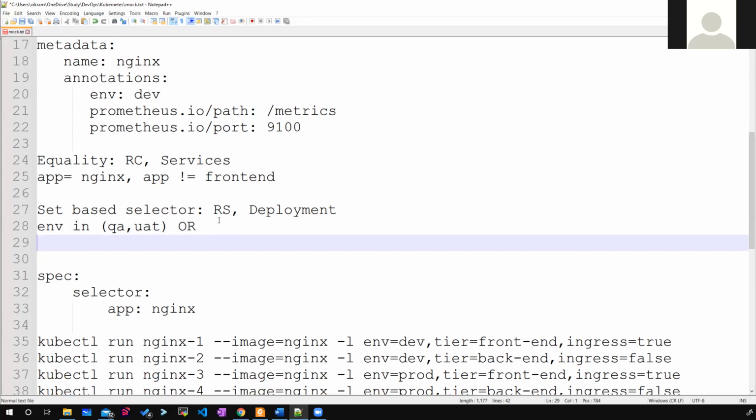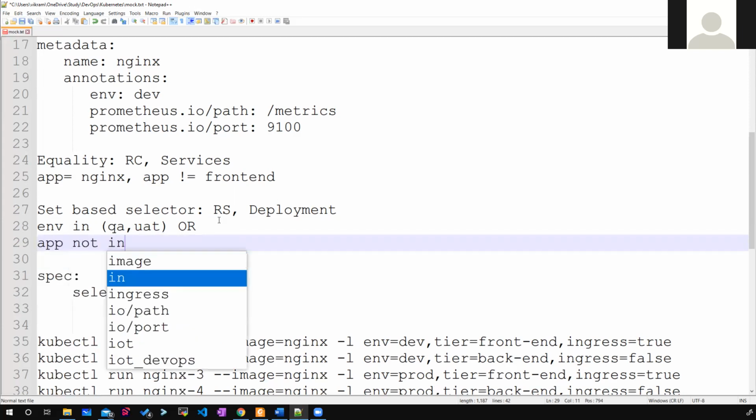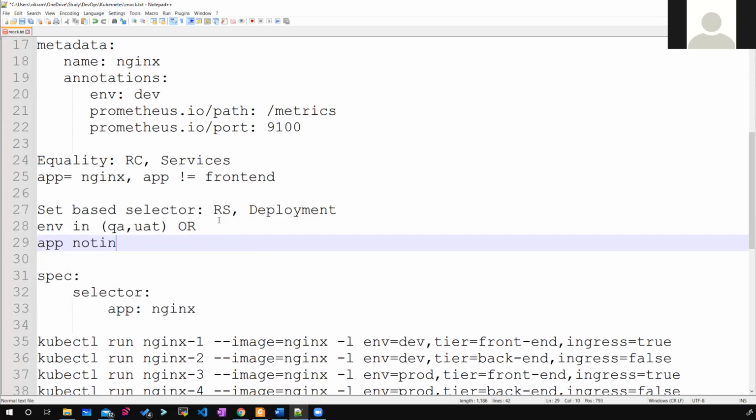So I can say app notin, where notin becomes a single word, front end comma back end. What this will do is select all the applications with app as the label and value not front end and not back end. It will select all the other labels, but it won't select the front end and back end labels.